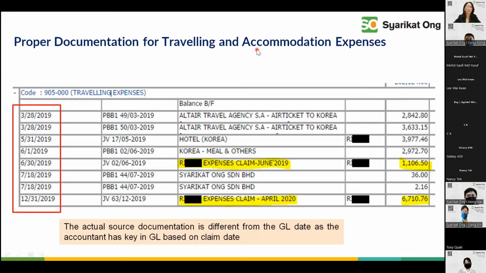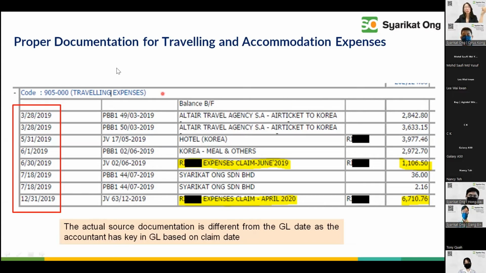Wow, I don't want to have my 30%. It's time for me to find any big pieces of things that are supposed to be 2019. I'm going to accrue. The accruing concept only comes in on a cut-off date, then everything just comes in. So when we go through this item, we realize that, wow, some is during the Raya long break, some is during whatever break, during the holiday season that the traveling was actually carried out.